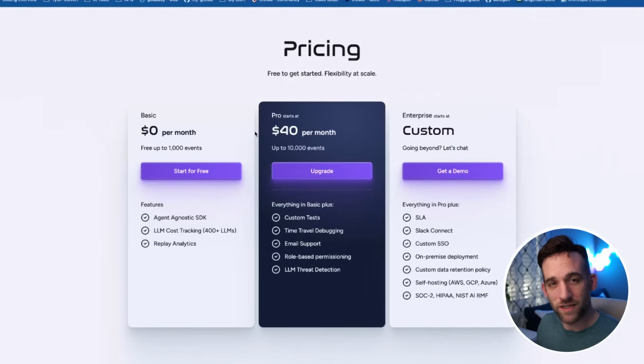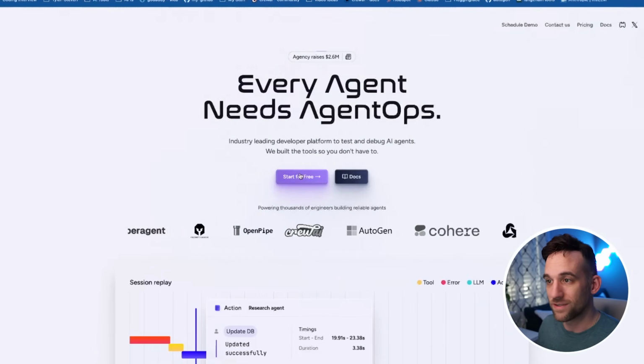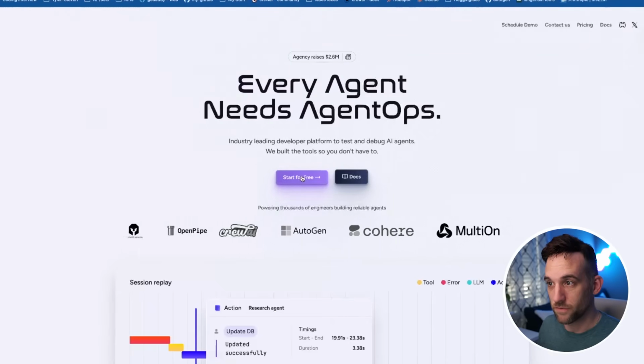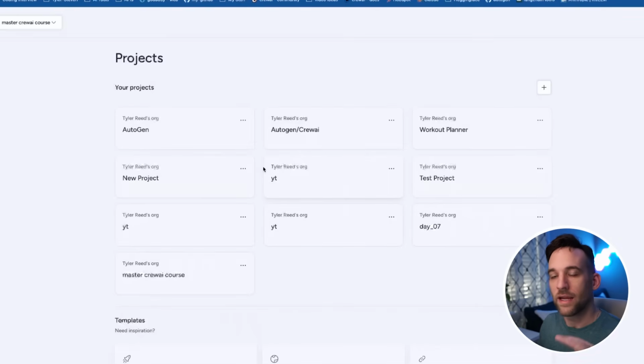Now they do have this pricing model, but I've only been using the basic and I am fairly certain that's all you're going to need to use as well. Now to get started, you can just start here, click this button in the middle, the purple one that says start for free. You'll click this, you'll just sign up with whatever email address you have,